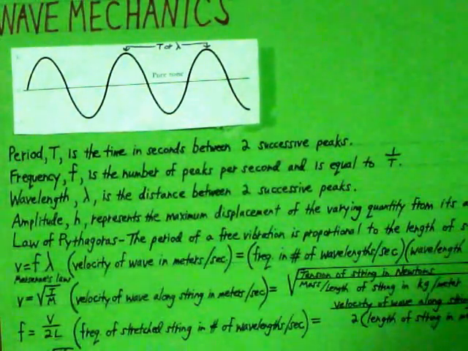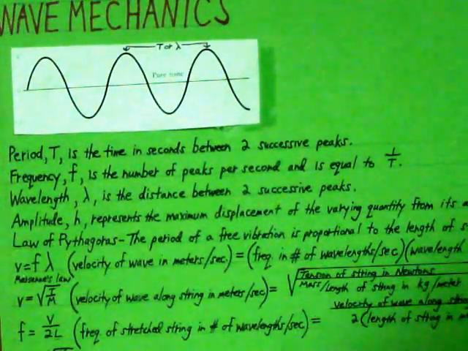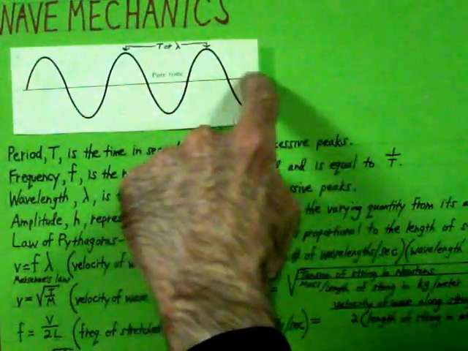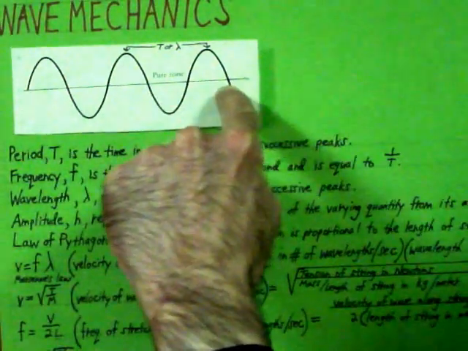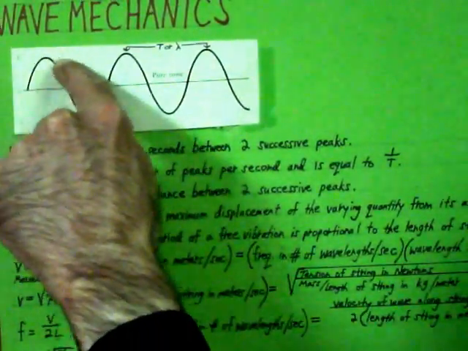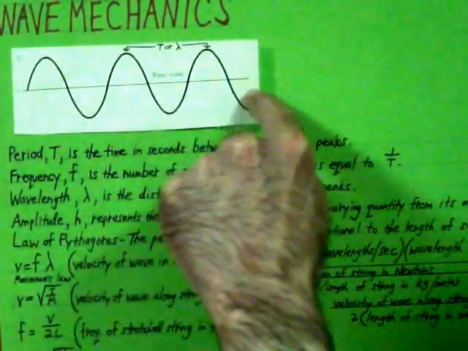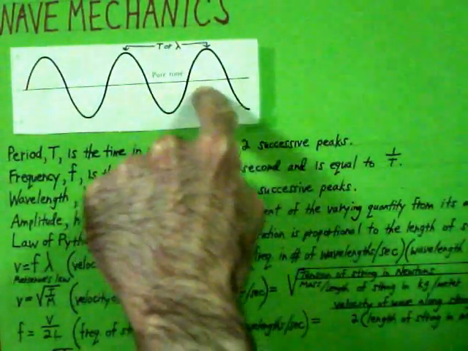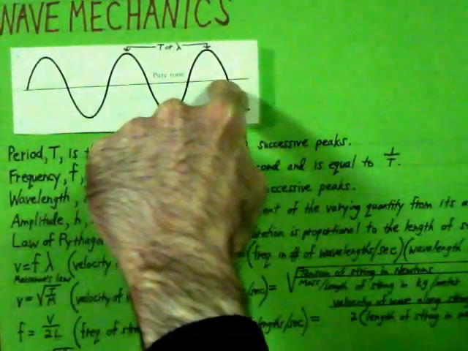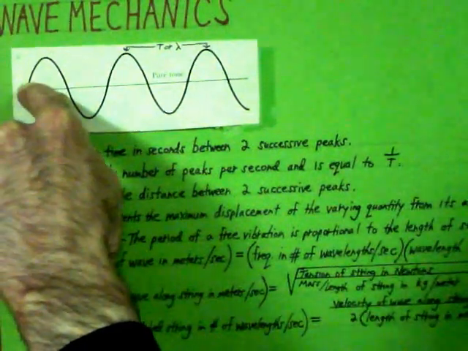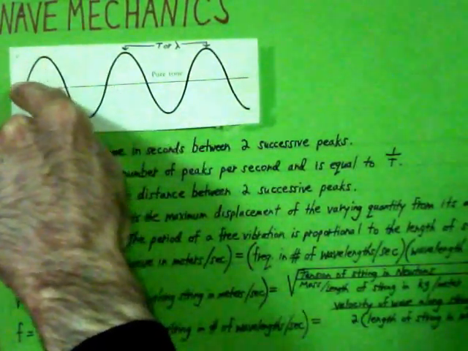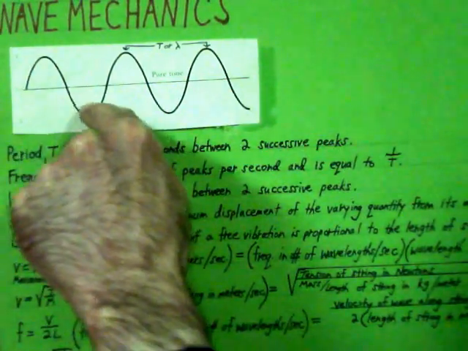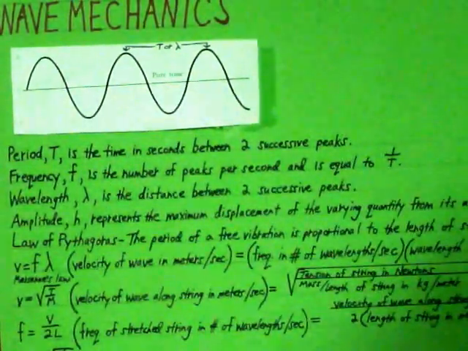A wave is caused by a vibration or a disturbance from a normal resting state. So this line here represents the normal resting state. This can actually be viewed as a string, and so the string at a resting state would be here, and if you cause a vibration, then you would have this displacement here, here, and